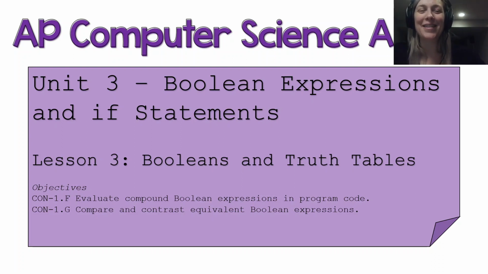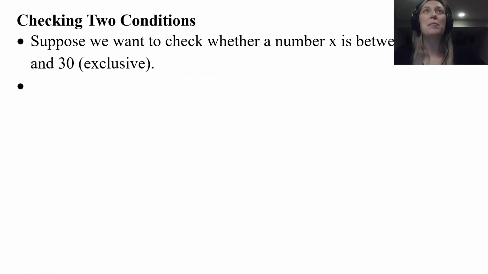Welcome to another lesson where I, Goldie, take you through our AP CSA lesson, Unit 3, Lesson 3. We are still working with Boolean expressions and if statements, and this time we're actually going to get to the Boolean expressions part and talk about what that means. So we'll be introducing Booleans as well as truth tables in this lesson that are going to help us evaluate these Boolean statements. So let's get into why we have Boolean